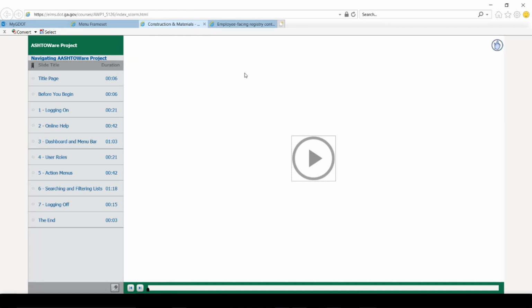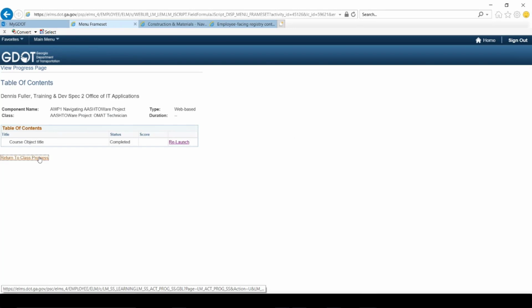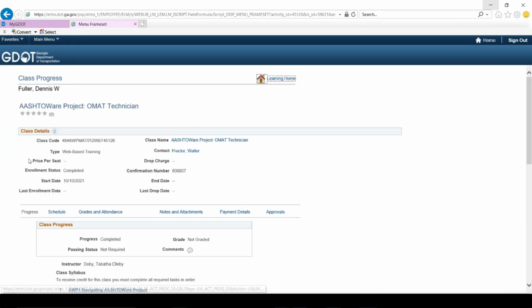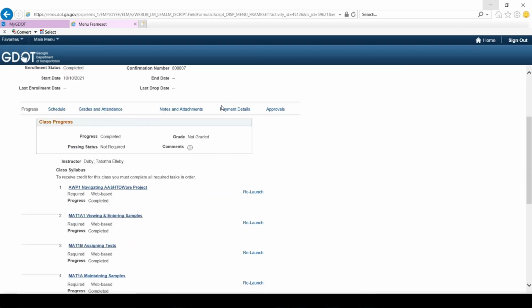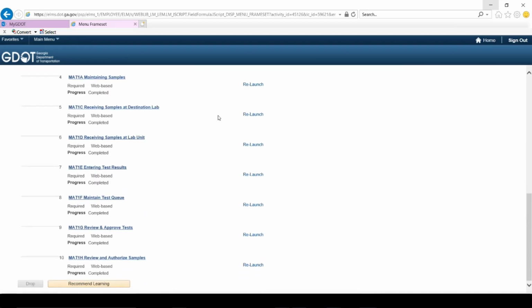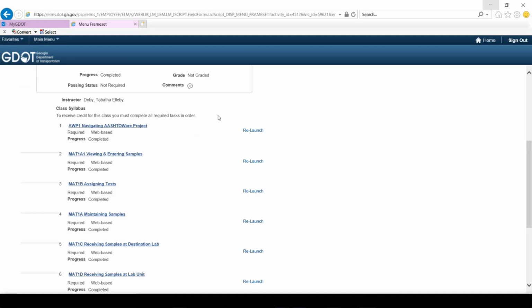And this is what the CBT looks like, but the way that you access it, once you have launched the course from the course number, and I here have a table of contents. If I click on class progress, which is a link that you just saw in the lower left corner there, it has a series of 10 CBTs that we'll be looking at that will step us through all of the aspects of Ashtoware this morning.